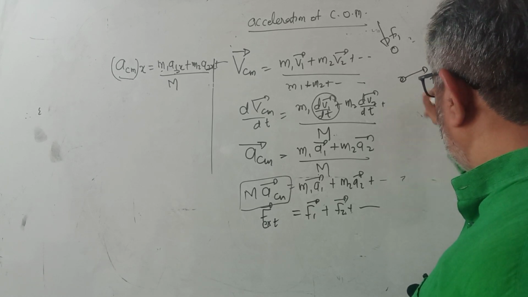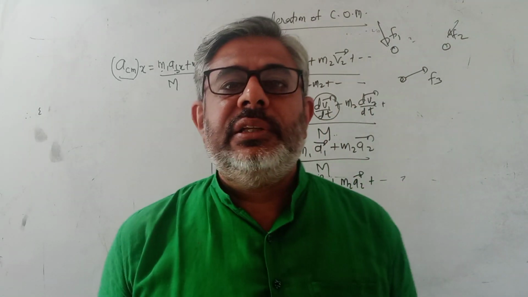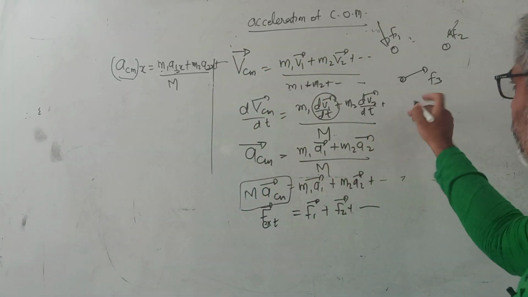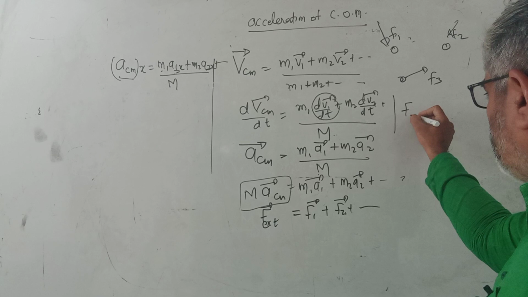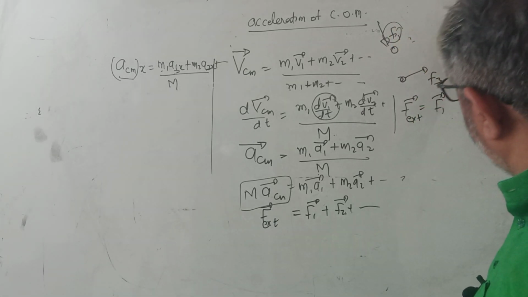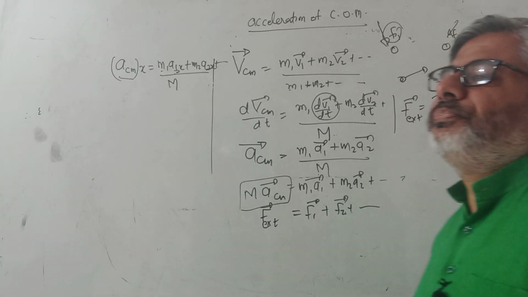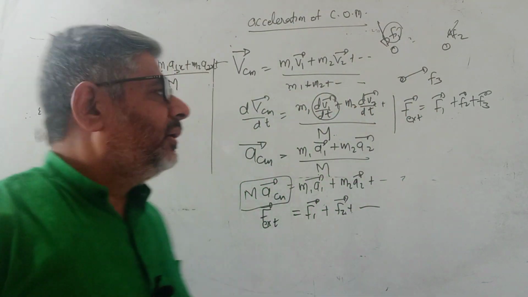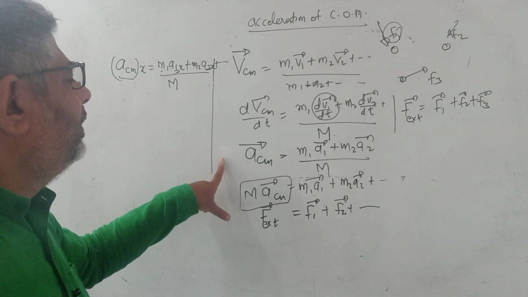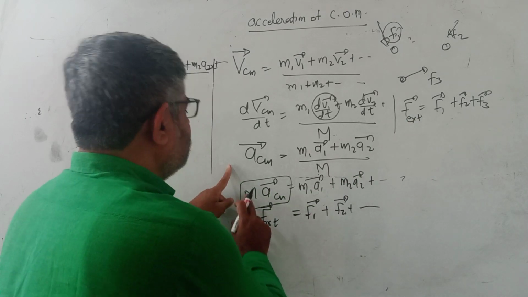Now if somebody asks you what is the total force on the center of mass, again, I will say there is nothing like center of mass, but a representative point which you can imagine. So the force on that imaginary point, if you want to find the total external force, would be this force in vector form plus this force in vector form plus this force, which you will say is very common sense, but with respect to center of mass, this we have got by the equation of the center of mass itself. And if you want to calculate the acceleration, then you again divide it by the mass here.